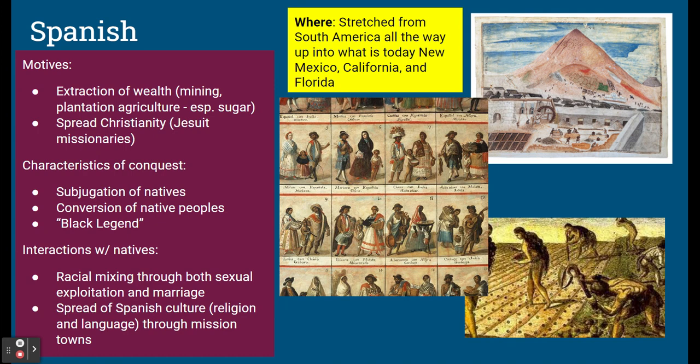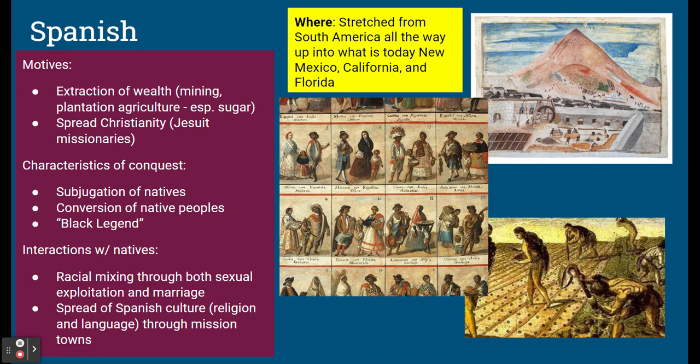Now, it's wrong to assume that after initial conquest every single interaction between the Spanish and a native person was force and rape and subjugation, but they earned this reputation pretty fairly in their brutal treatment of native people. So this was definitely a black mark and something that other countries are going to try to avoid to a certain extent.